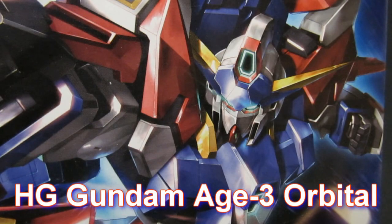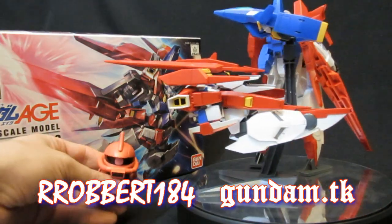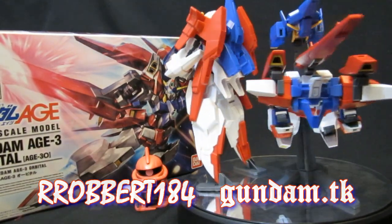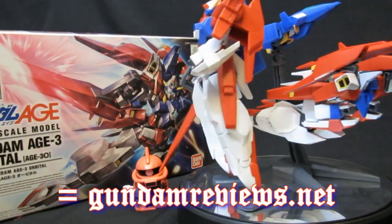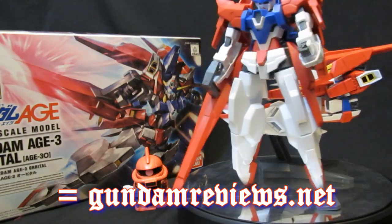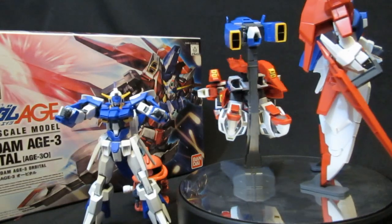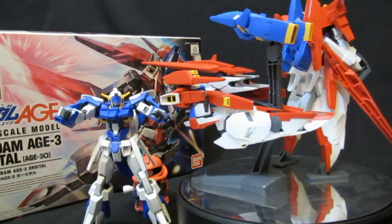High-grade Gundam AGE-3 Orbital. Hey again, Robert184, 2Rs2Bs, GundamReviews.net, and I'm here to wrap up my review of the high-grade AGE-3 Orbital. That's it transformed there with the Advanced Grade in MS mode. This was Kio's first lead Gundam before, and its third wear,